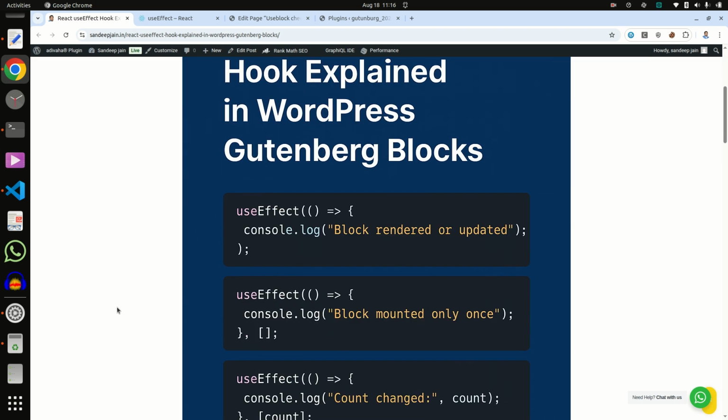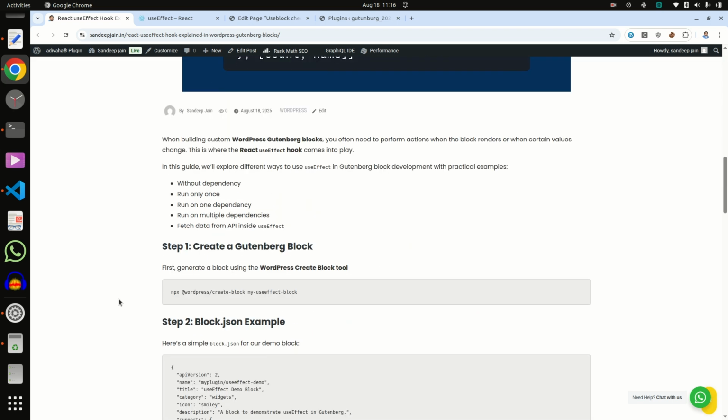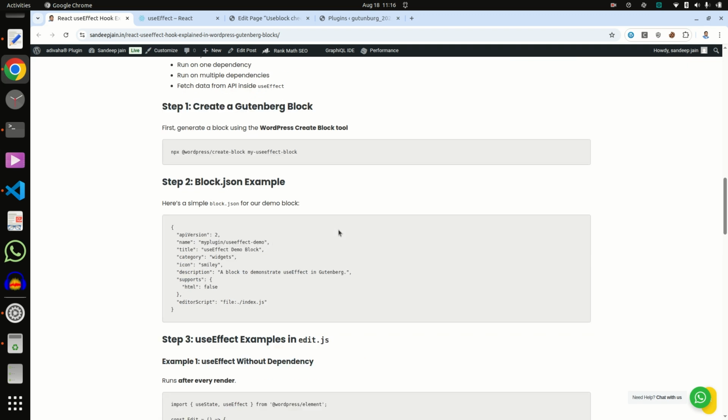In this tutorial we will learn how to use useEffect without dependency, what happens when it runs only once, with dependency, and with multiple dependencies, and in the last we will discuss how to fetch data from an API inside useEffect.